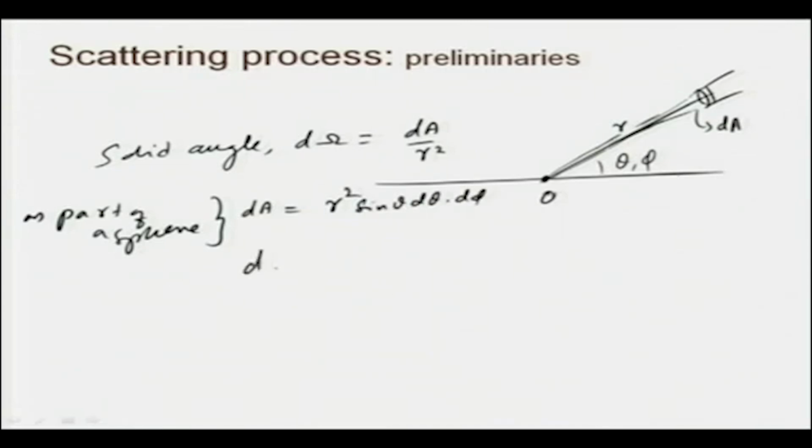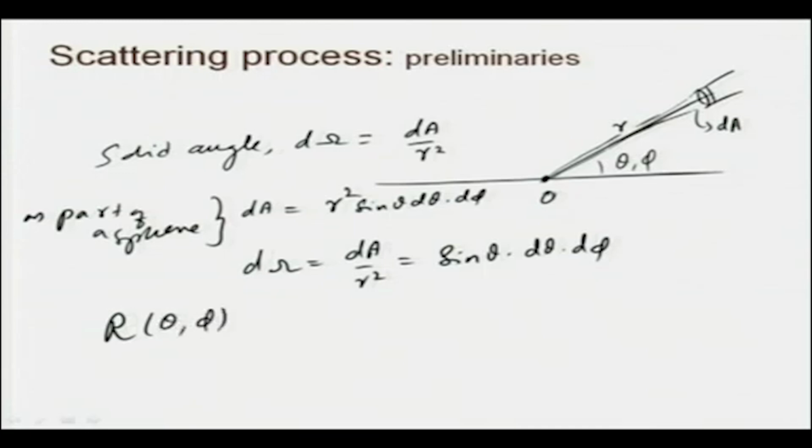So, the solid angle d omega is dA over r square, which is essentially sin theta d theta d phi. Now, for convenience, I consider R(r, theta, phi) as